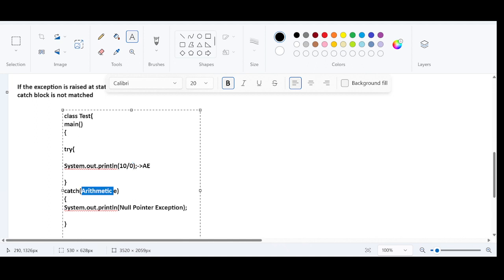I need to make sure that the catch block catches the arithmetic exception. But what if I created a catch block that handles null pointer exception? Even though we have declared a catch block, it is irrelevant